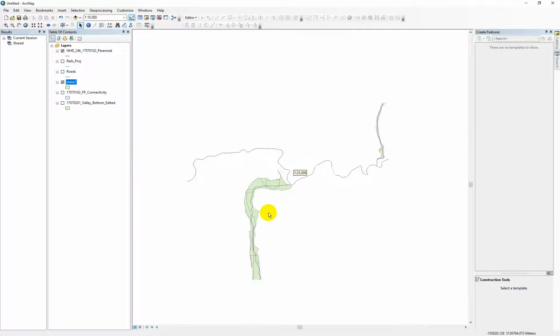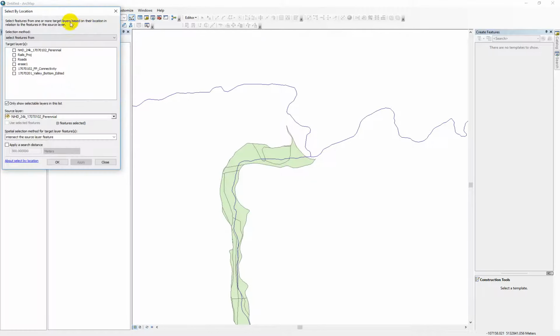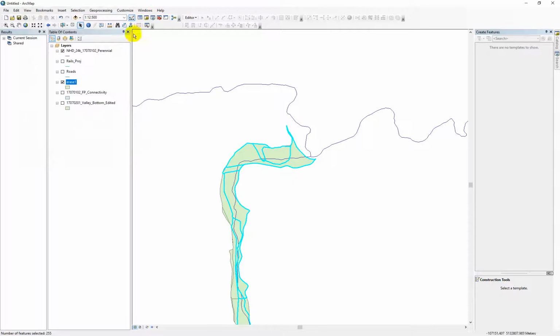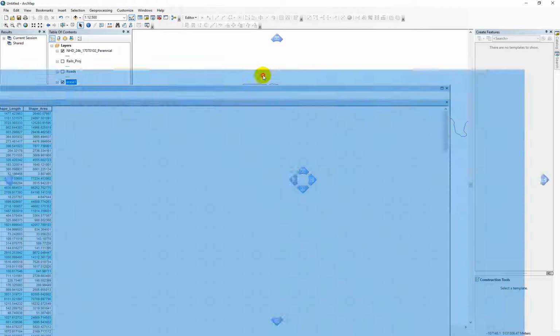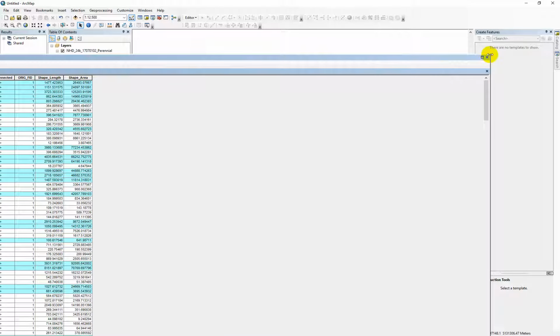Alright, so next step is to select by location, and we're selecting features from this erase with the source layer perennial, and we want the ones that intersect it. So all the ones that are being selected right now is everything we want coded as a 1 or connected. So if we open up the attribute table,